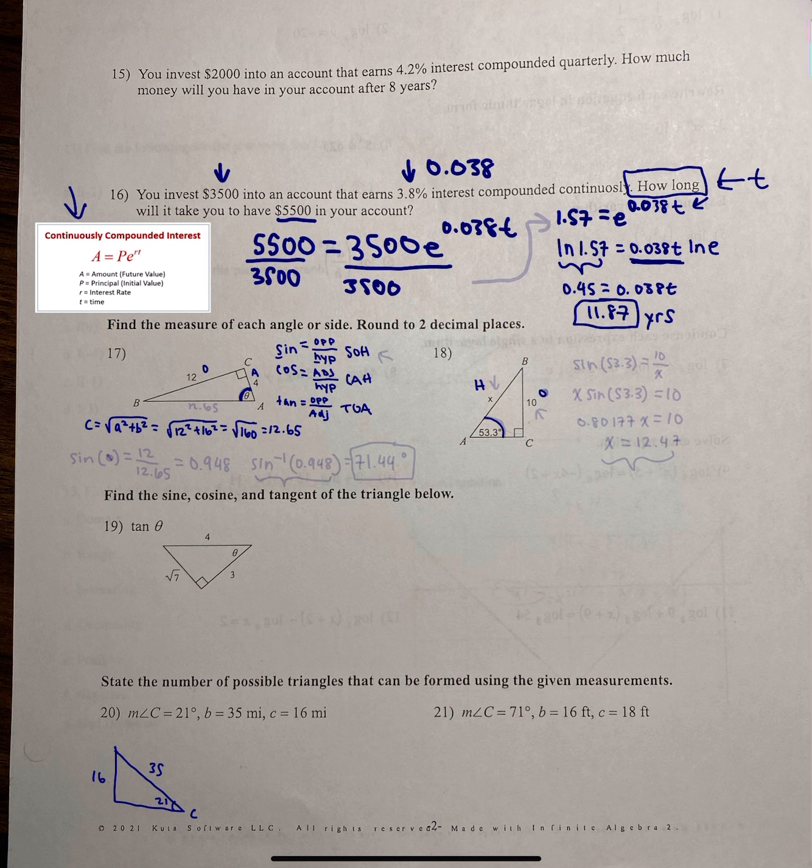Right, so I'm just going to erase the H. This side we know is 12.65. So now we just have to solve for the angle. Right, so now we're going to use the tan, right? So we have opposite. So the sides that we're working with is the side opposite to the angle, and